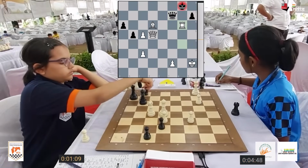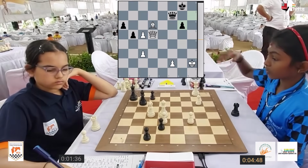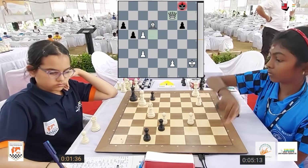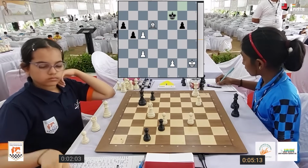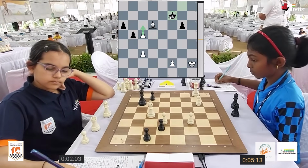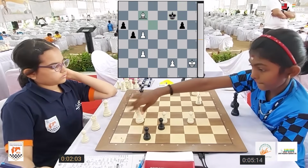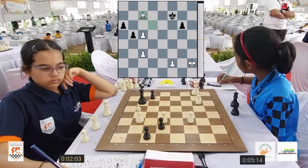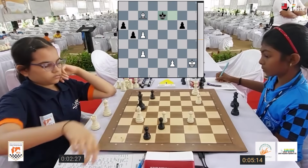Takes. Takes. She takes the queen. King takes. And you would love to maybe queen the pawn, but the king is still in time to stop the pawn from queening. But bishop c7, I love how she's maneuvering the bishop back to this square to stop